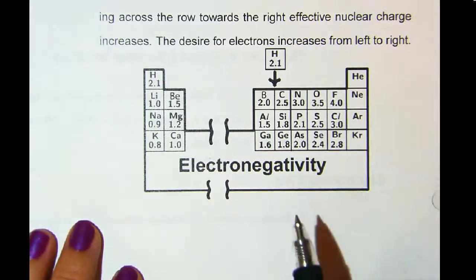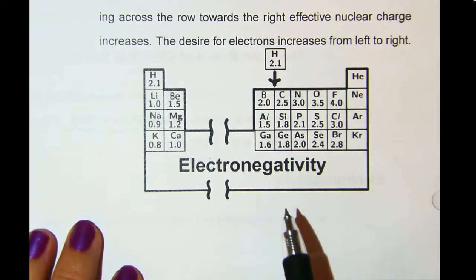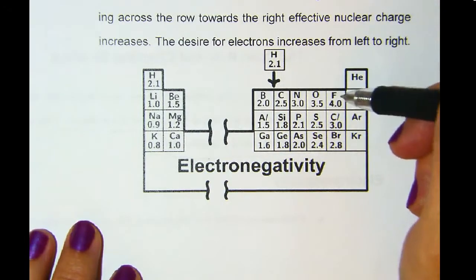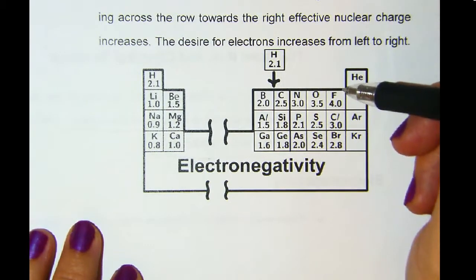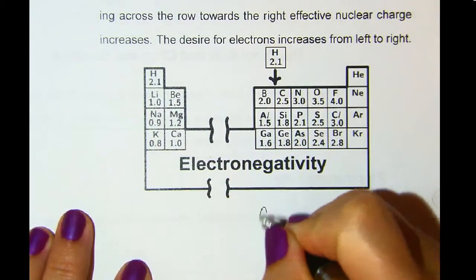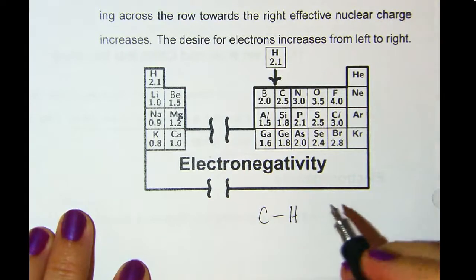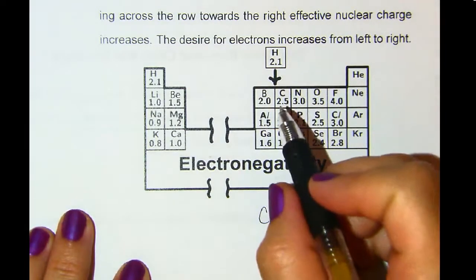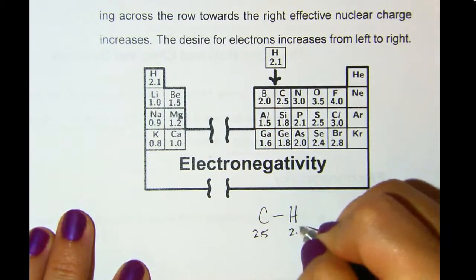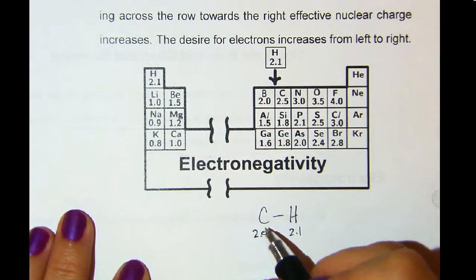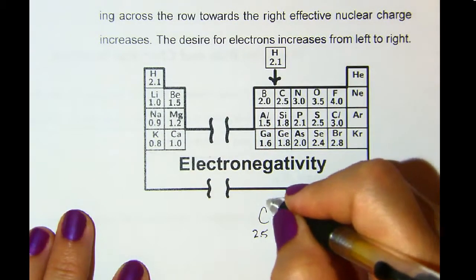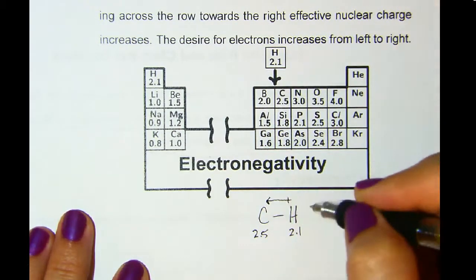And you will be given a chart with electronegativity values so you don't have to remember them, and so it'll be easy to identify which one has a greater electronegativity. The point will be when comparing elements in a bond, for example in a bond between carbon and hydrogen, you would say, well, carbon has an electronegativity of 2.5 versus hydrogen is 2.1, and so because this has the stronger electronegativity, the electrons are going to actually pull a little bit more towards the carbon and away from the hydrogen,